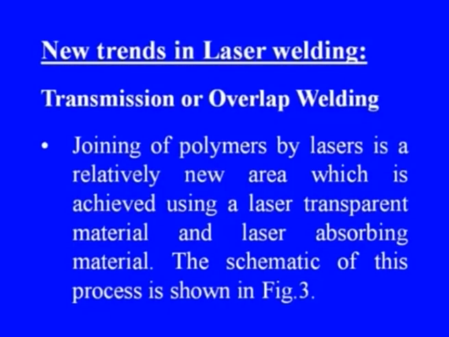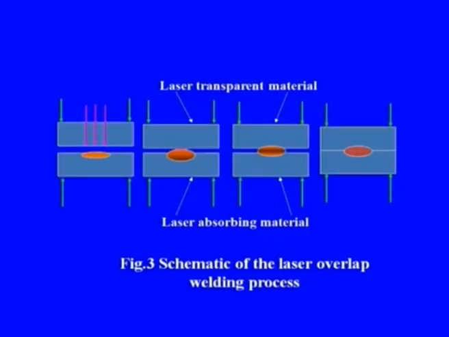Now, let us move to a few new trends in laser welding, which is transmission or overlap welding. Joining of polymers by lasers is a relatively new area, which is achieved using a laser transparent material and a laser absorbing material. The schematic is shown on the screen here. So, as shown on the screen, there are two materials. The upper material is transparent to laser. So, laser can penetrate this material and fall on the other material,